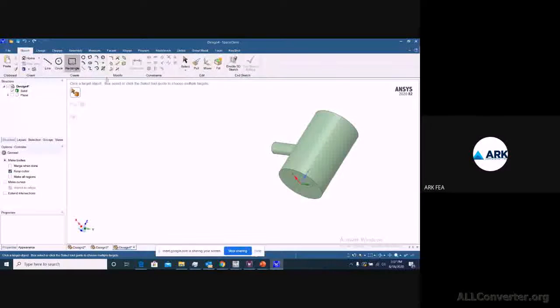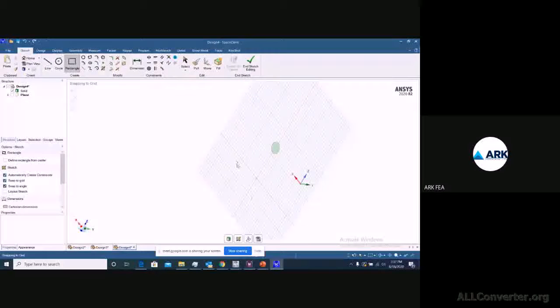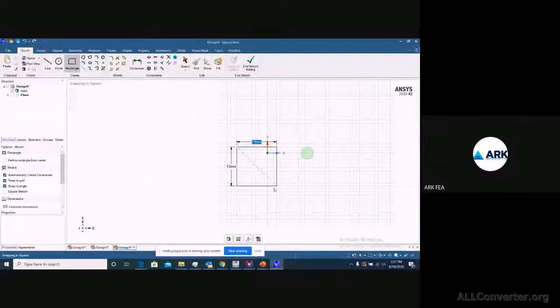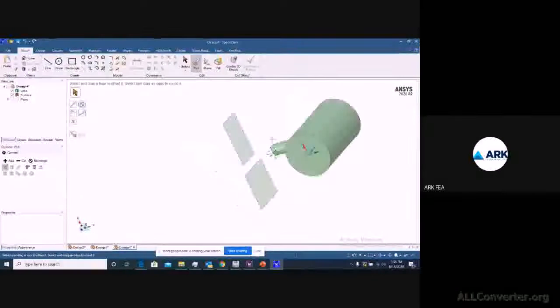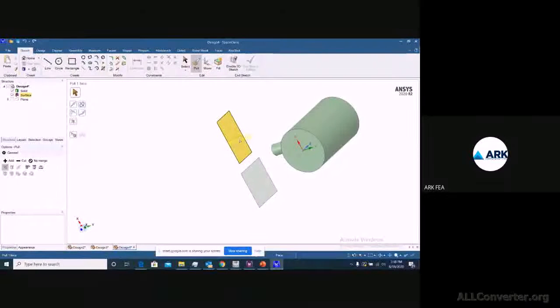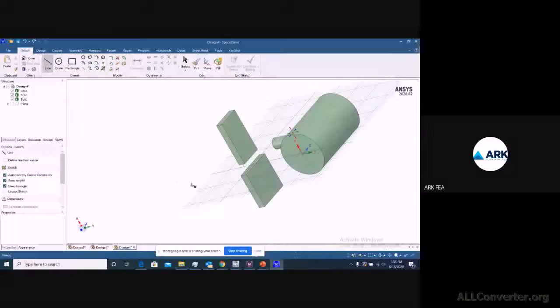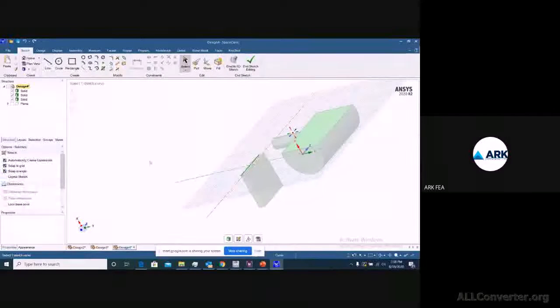If I have somewhere here a rectangle existing or any other geometry, right? So these are the two rectangular surfaces I created, and I add a certain third dimension here.